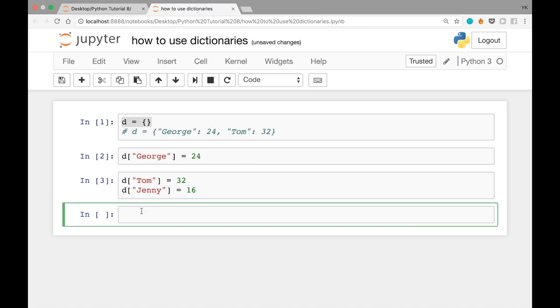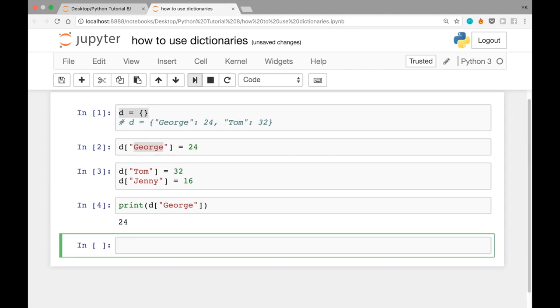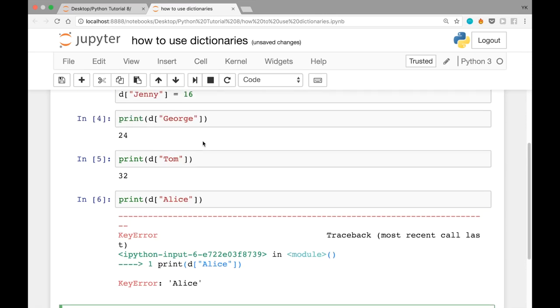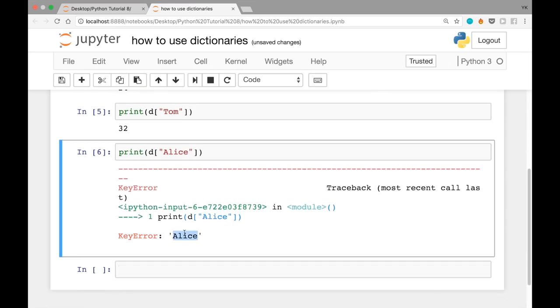And to find a value that's associated with a certain key, for example, George, you can just write print d square brackets George, and this will print out the value that's associated with the key George. And then, of course, if you want to print out the value that's associated with the key Tom, you can just write print d square brackets Tom, and then it will print out 32. And if you try to look up a key that doesn't exist yet, it's going to give us an error. For example, if you do d square brackets Alice, it gives us this key error because the key Alice doesn't